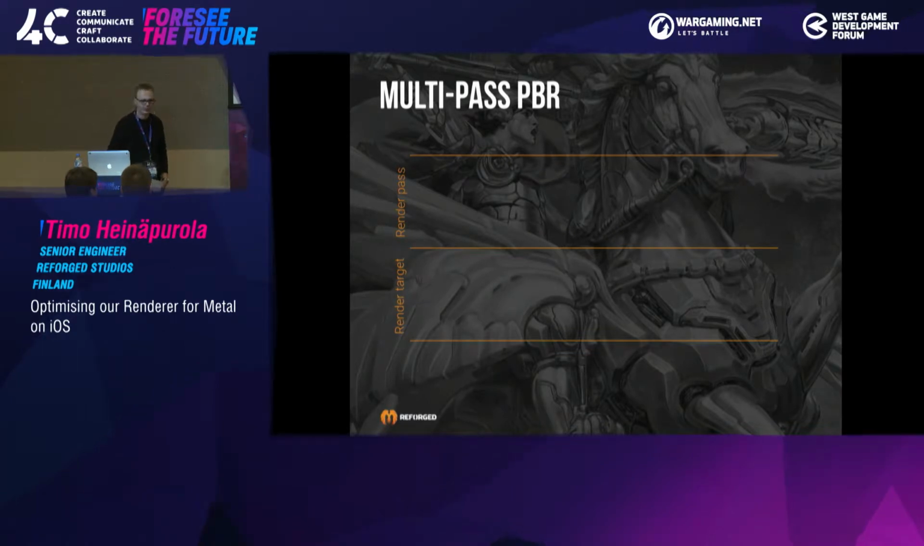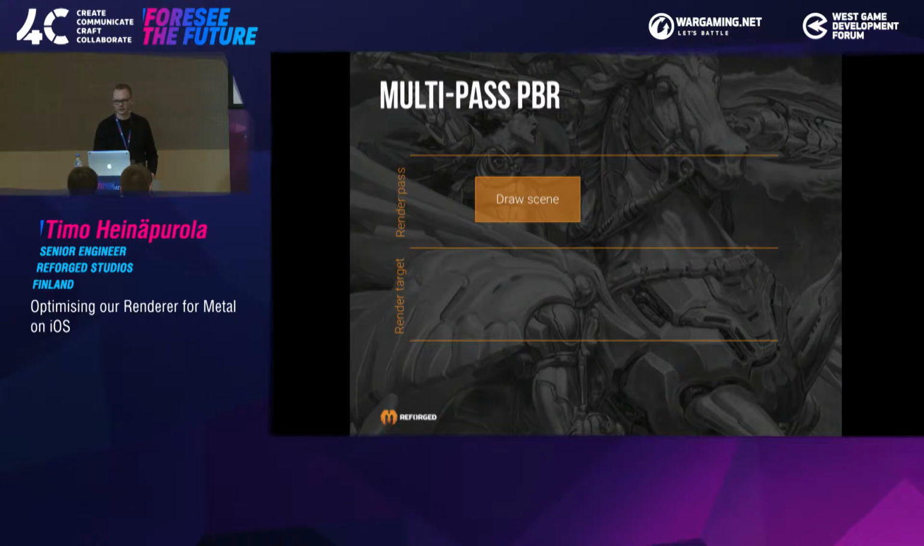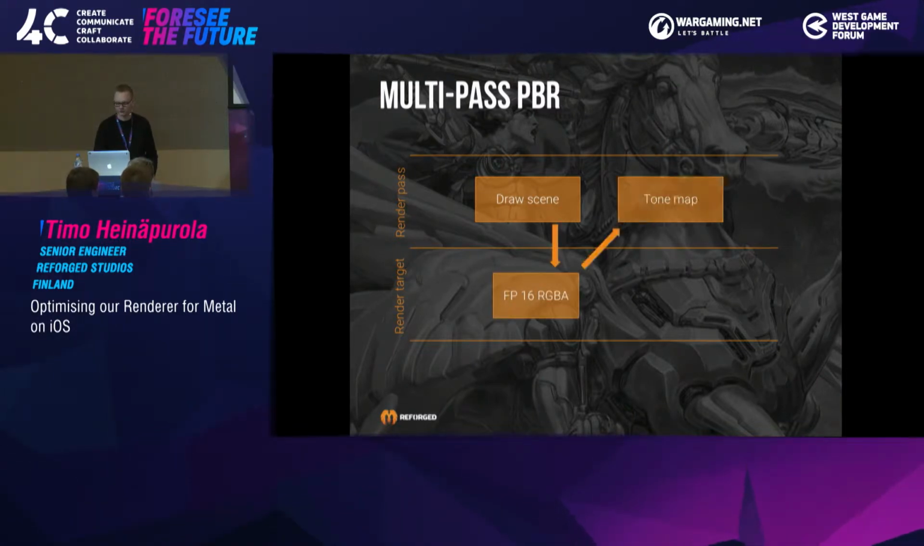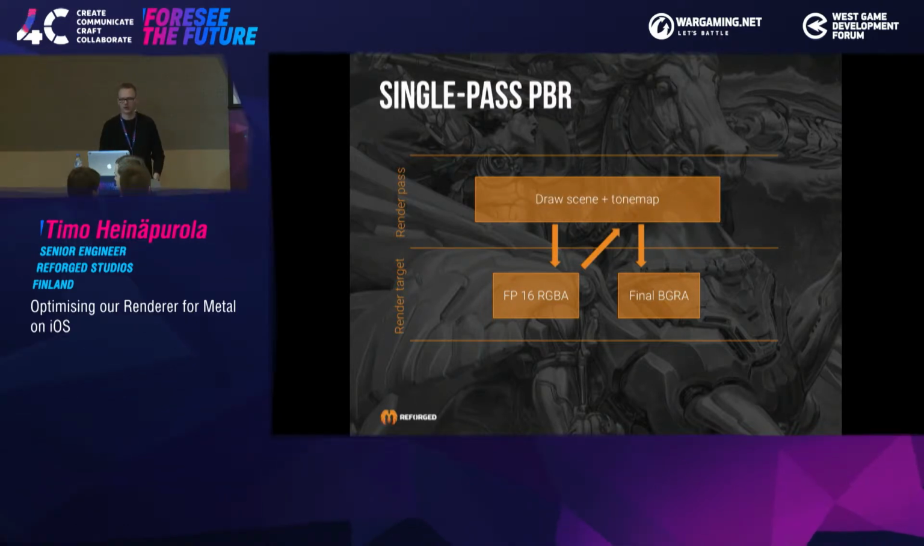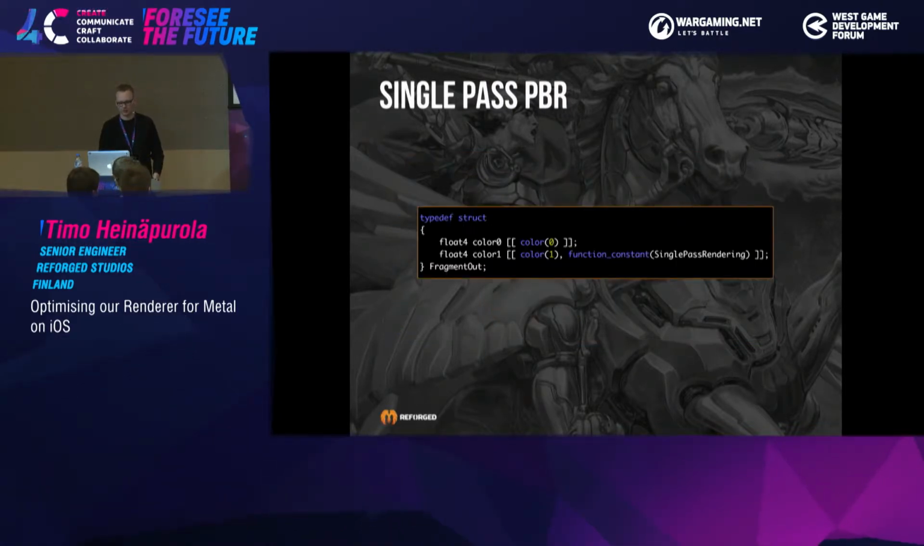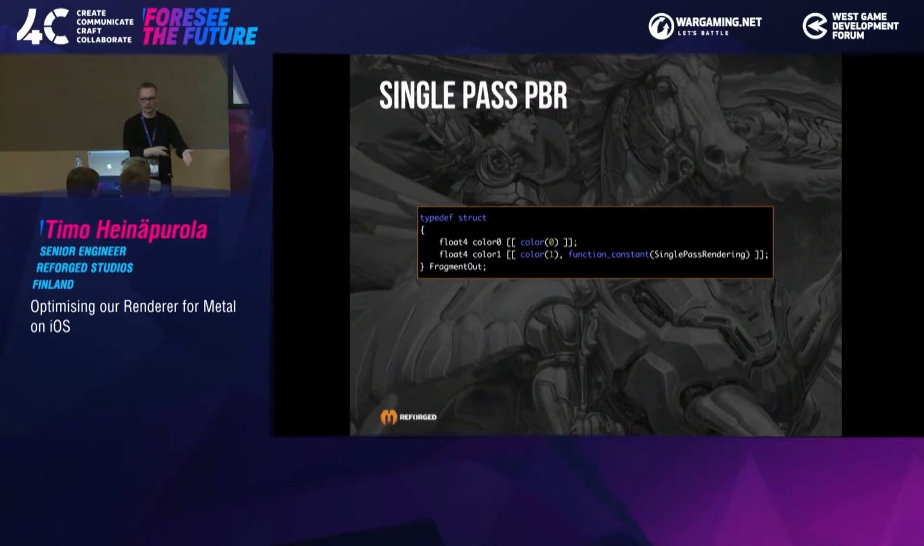So in a multi-pass PBR solution, you would render your scene into a 16-bit floating point render target, use that to do tone mapping, and then output a final BGRA color target. What we did here is we merged the render passes using programmable blending. So we bind two color targets, a 16-bit floating point color target into color 0, and a final drawable into